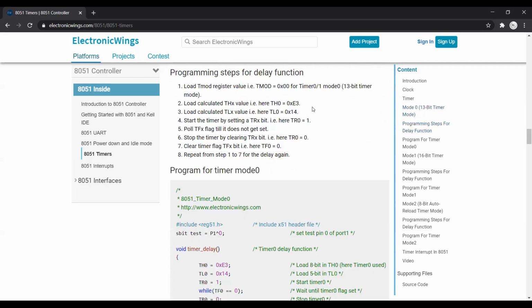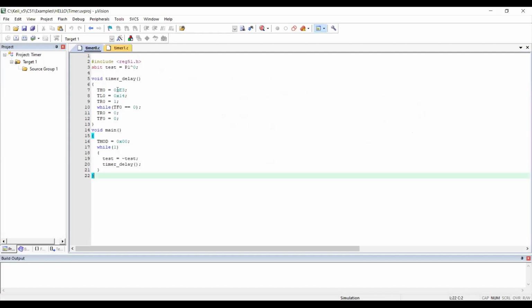This is Tanusha. The code for the timer 0 function: in this code, we use the reg51.h file and the sbit is P1.0. In the timer delay function, we load an 8-bit value to TH0 and a 5-bit value to TL0, and we start the timer. The while TF0 equals 0 loop is used to wait until the timer 0 flag is set.